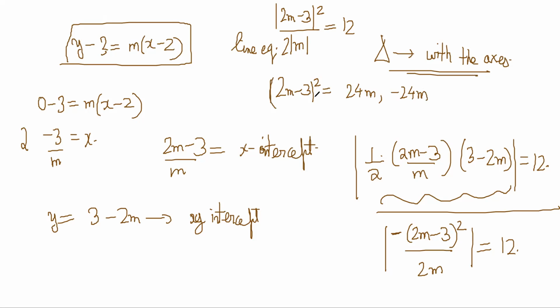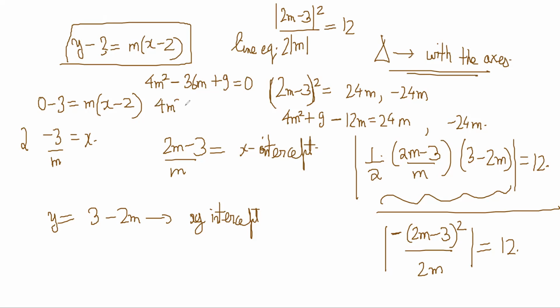you can remove the mod, right? So you get 4m square plus 9 minus 4 into 3 minus 12m is equal to 24m or minus 24m. So you get 4m square minus 36m plus 9 is equal to 0, or 4m square plus 12m plus 9 is equal to 0, right? So this is going to give only one root because it's a perfect square, (2m plus 3) whole